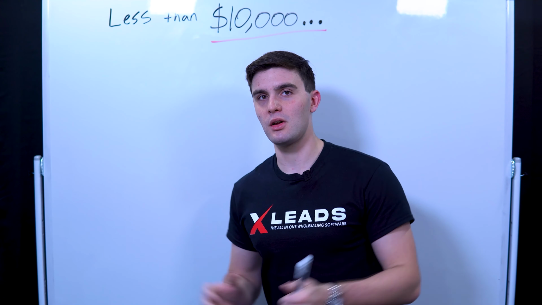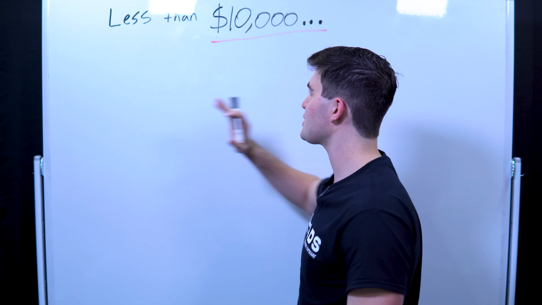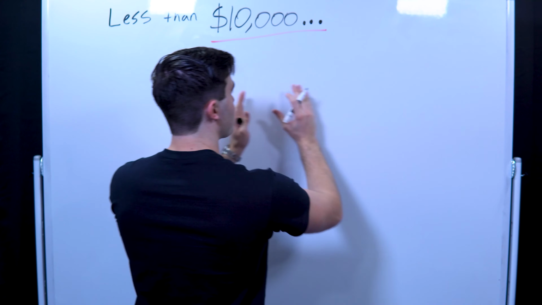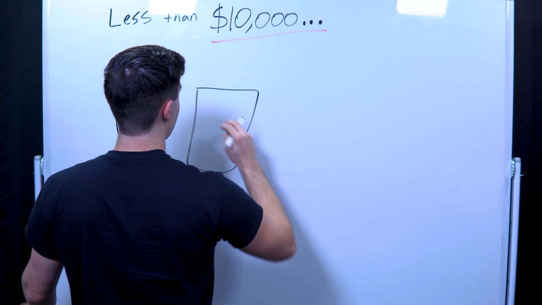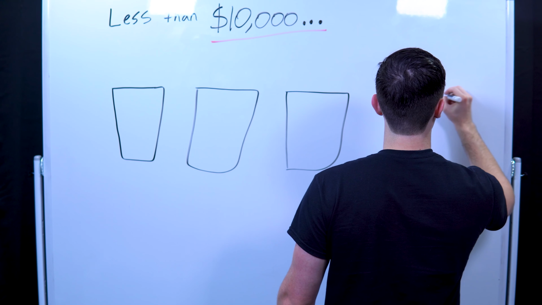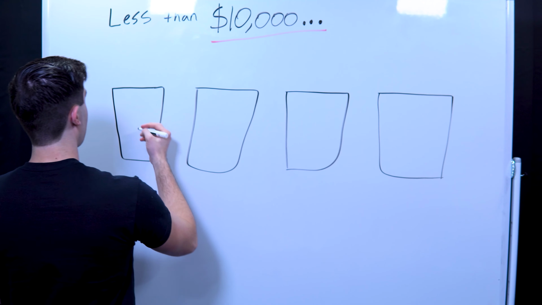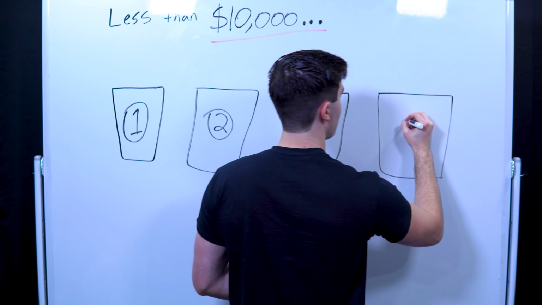So the funny part about wholesaling real estate is there are 4 different types of wholesalers that actually have success in this business. And I like to put them in 4 different types of buckets. Bucket number 1, bucket number 2, and yes, I do not know how to draw buckets well. Bucket number 3 and bucket number 4. And the point of these buckets, I'm gonna put them as 1, 2, 3, and 4, is you put